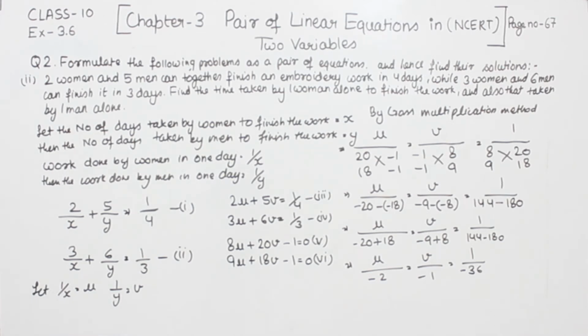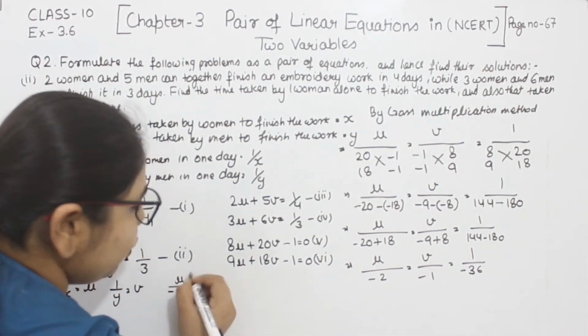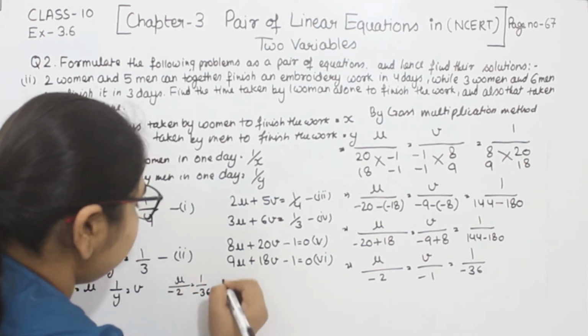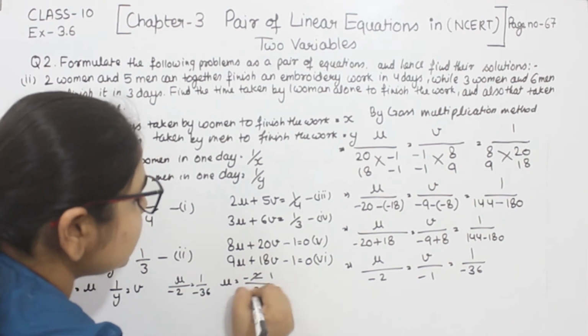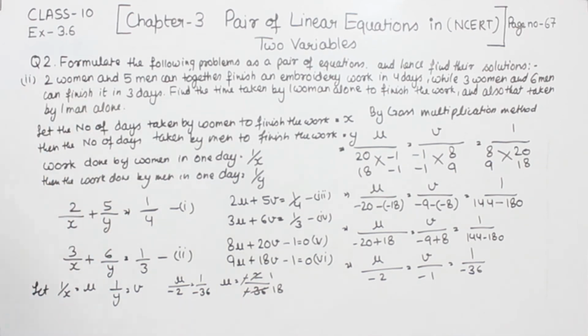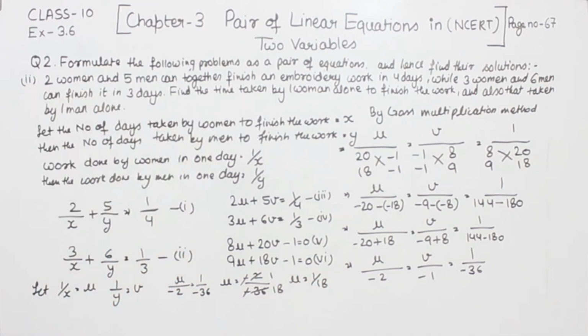So first of all we are going to write the v as equal to the constant term and u as equal to the constant term. So we are having u by minus 2 is equal to minus 36. So the value of u we are having minus 2 divided by minus 36. 2 1s are 2. 2 8s are 16. Minus is cancelled from minus. So the value of u we are having as equal to 1 by 18.